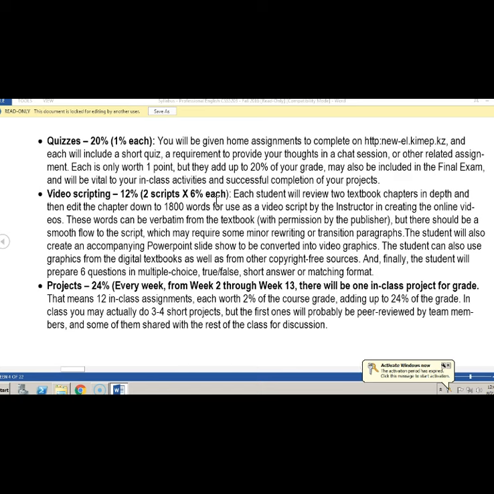Week 3 we will do nothing but work on your script. Next week maybe not, because we've got new people coming in and so forth. So between now and week 3, you should be selecting and reading your first chapter that you're going to be scripting. And then when you come to class in week 3, be ready to start really doing some serious work on it.